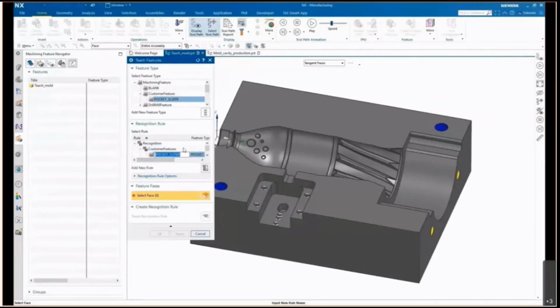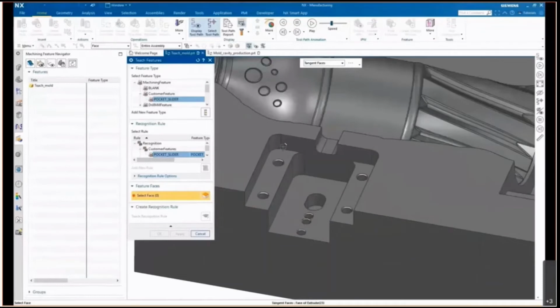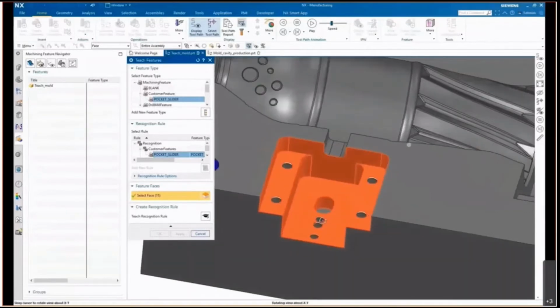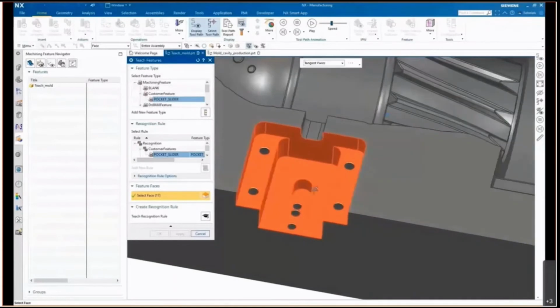So let me use the same here. It's going to give an enter. The pocket slider is done. And then the only thing I have to do, and this is a one-time effort, is select the geometry. So when I'm selecting all open and closed pockets here for this slider pocket, it will be stored in the database and ready for reuse, which I'm showing you in a second when I teach this recognition